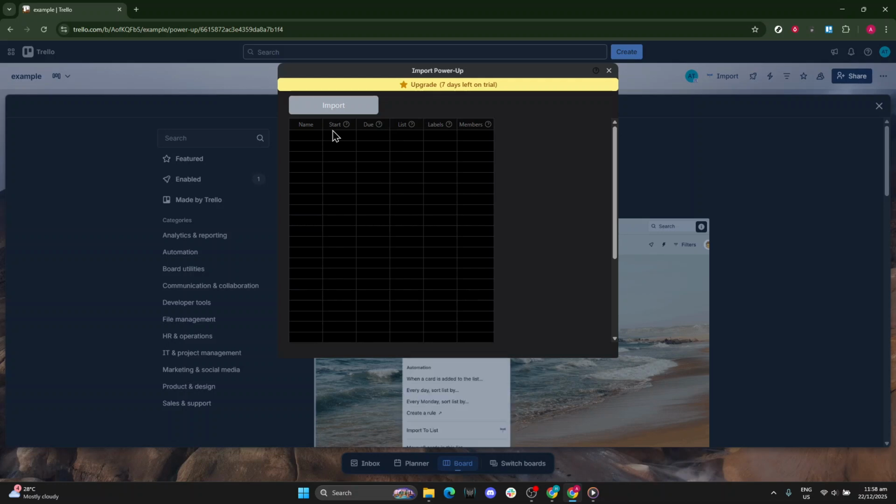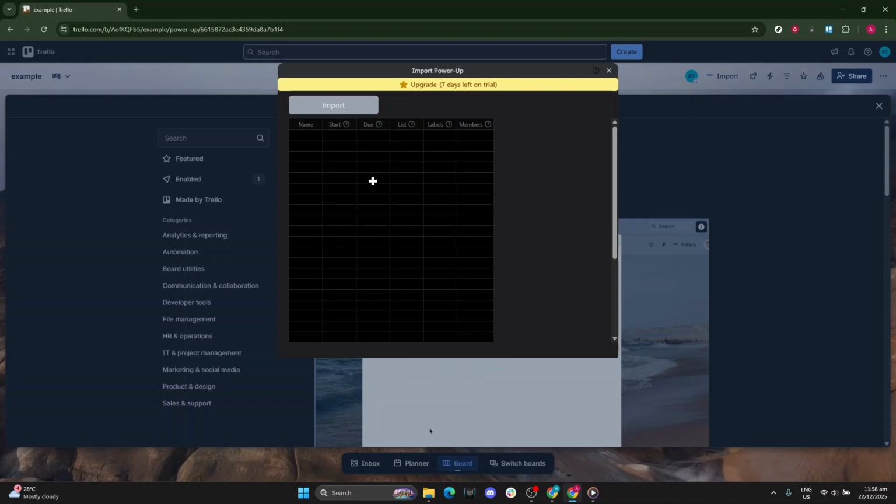A few tips to keep things smooth. Remove blank rows before importing. Avoid merged cells in spreadsheets, and keep dates in a standard format like